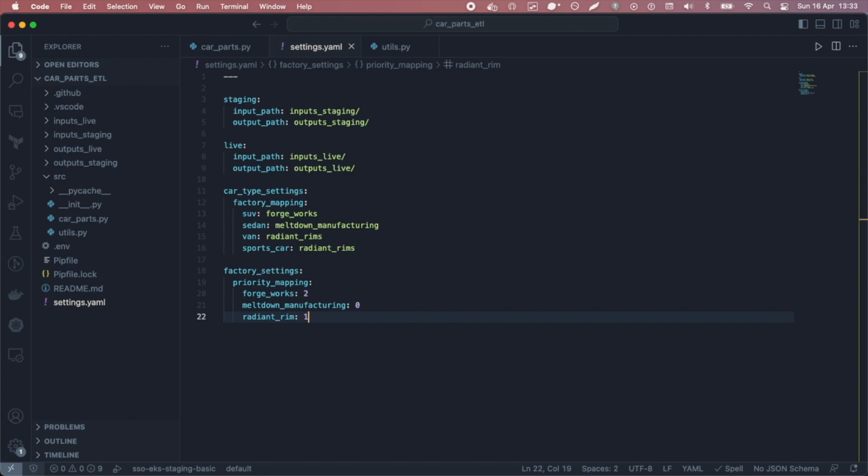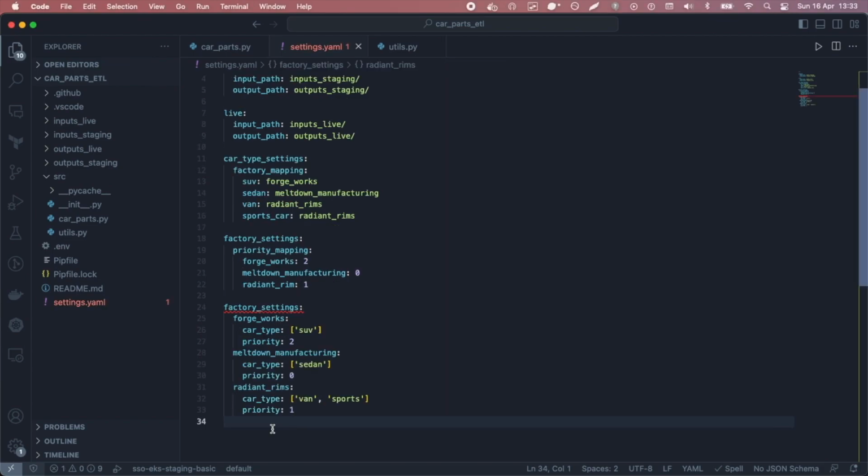Just out of curiosity, you could have everything in the factory settings. So you could have a priority and a car type associated. And so if you wanted to do this, you'd probably do the following. So although this is not wrong per se, this will make your life a little bit harder when you try to assign values,